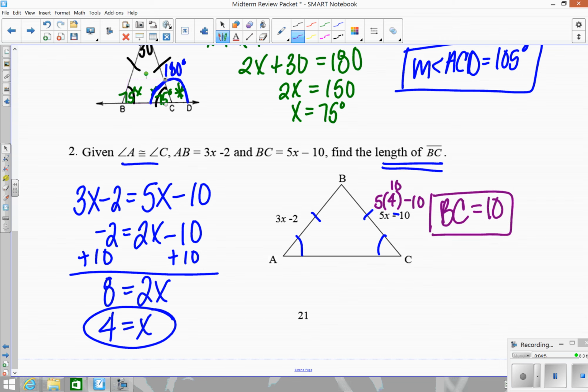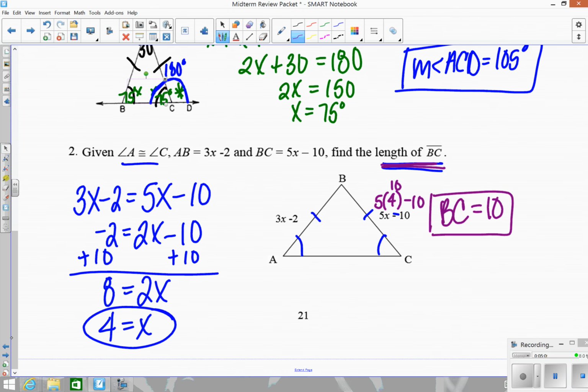Make sure you're careful that you answer that, because especially if this is a multiple choice question, this answer of x equals 4 will definitely be one of your options. So just make sure you read the question and that you always actually answer what it's asking you to do, which in this case is not just to find x, but to find the length of